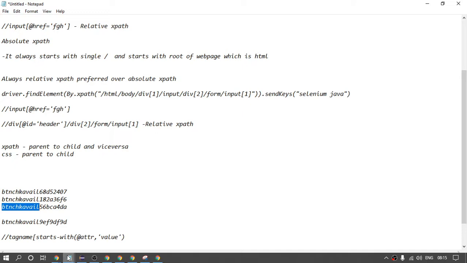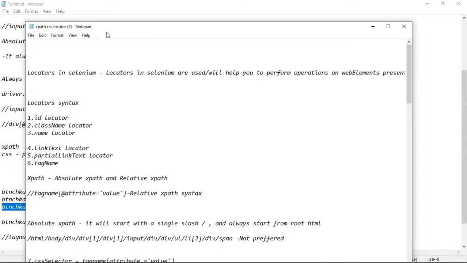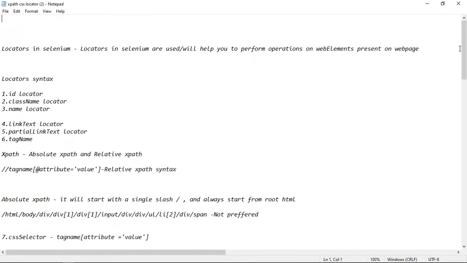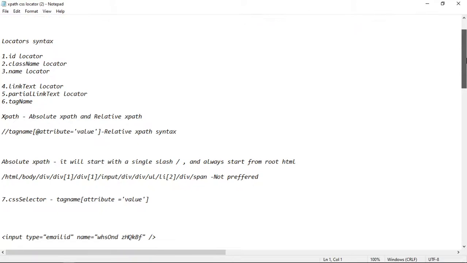If you can see, I have prepared one sheet. I will share the sheet with you. So XPath, absolute and relative, both are types. This is our relative XPath syntax, and absolute XPath always starts with a single slash. It is not preferred because it might be very lengthy, and also if some of the tags change, it will fail.